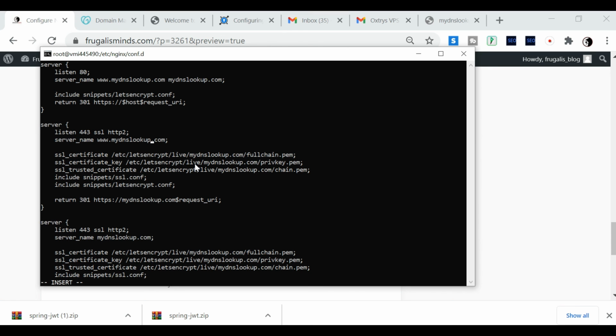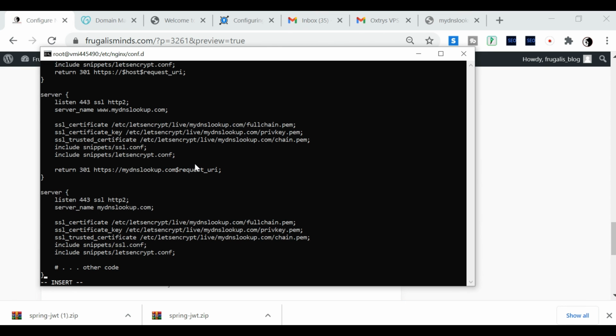These SSL configurations are there, those are correct. And if it hits www.mydnslookup.com, it is also going to redirect to mydnslookup.com. And this is the server block which is actually going to handle those requests. Yes, I think this is correct.